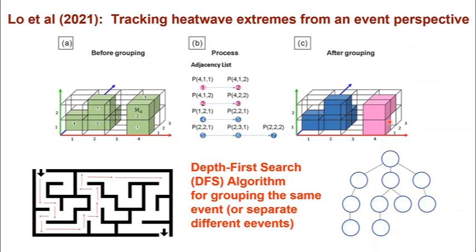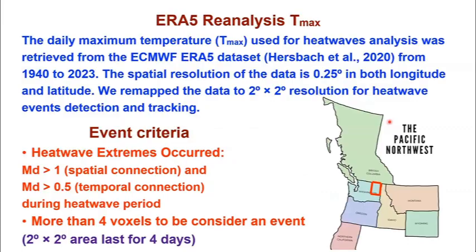The purpose later is that we use the previous index inside each box, so you can decide whether that box is a place that you should take. And if all these boxes connect to each other, either horizontally or vertically, they are considered one event. Yes, if it's separate somehow. And all these green boxes on the left-hand side, based on your method, at the end will be defined as two heat wave events. Yes, that's right. Okay, so that's the idea.